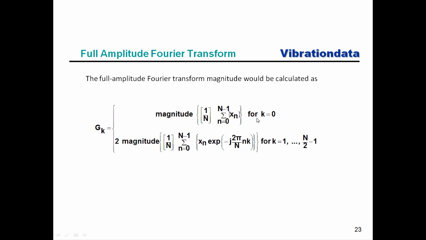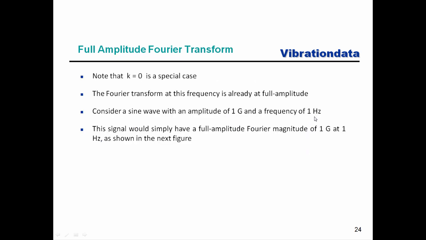Now, for non-zero frequency spectral components, in other words, all the components above 0 hertz, we're going to take our previous formula, and we're just going to take twice the magnitude. And this term here is a way of showing we're only going to go up to the Nyquist frequency. So go up to the Nyquist frequency, it's half the sample rate, and stop. We're done. So let's go back and